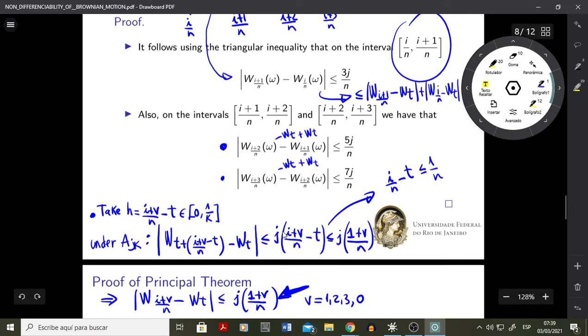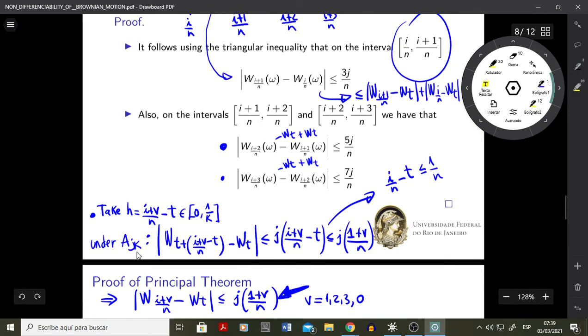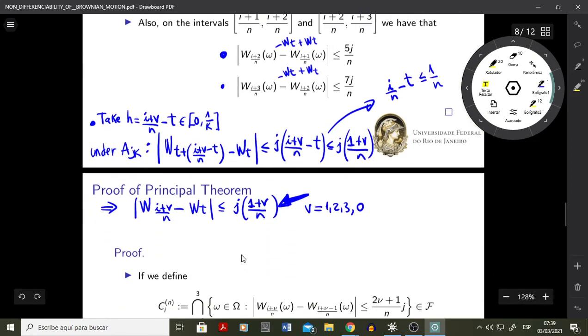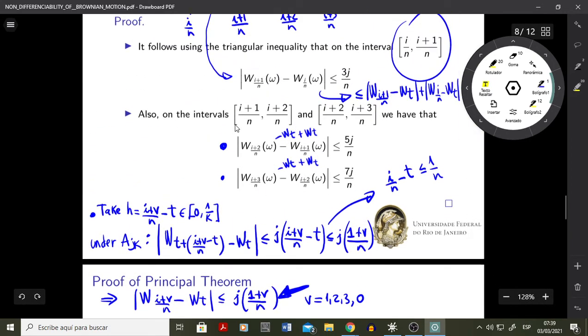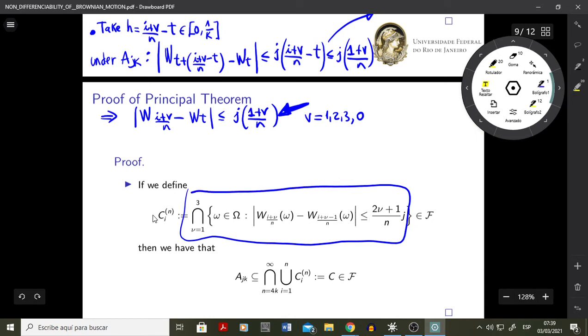Okay, so what's happening? Well, we are supposing that the event ajk happens. If the event jk happens, these three inequalities happen, right? So if we define this set C and I like the intersection of the three events above,